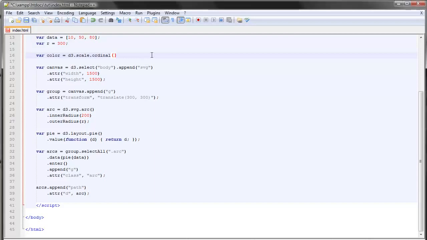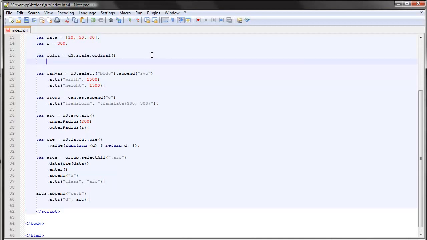It can consist of a number of names or anything that is not a continuous domain, and we actually don't have to specify a domain right here. I won't go into the details of this since it is not the topic of this tutorial, but we can just specify a range, and since we have 3 different data elements, we can specify 3 colors here. So let's say red, blue and orange,